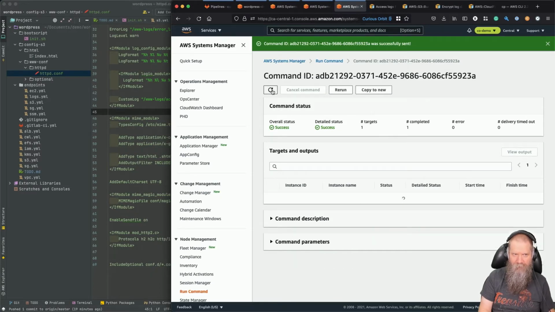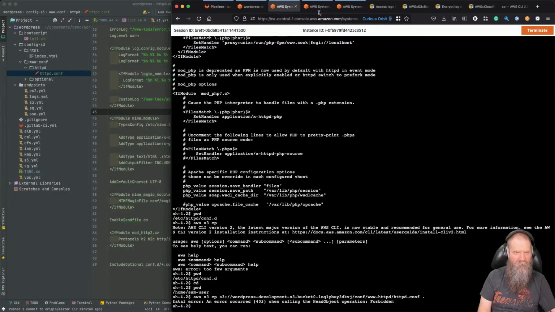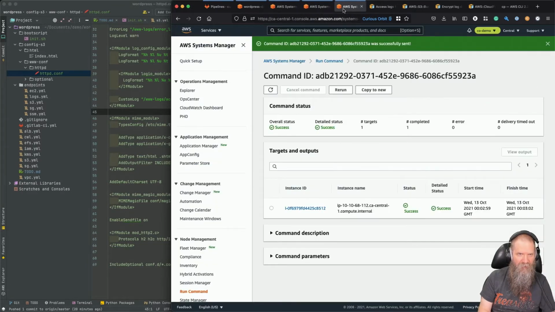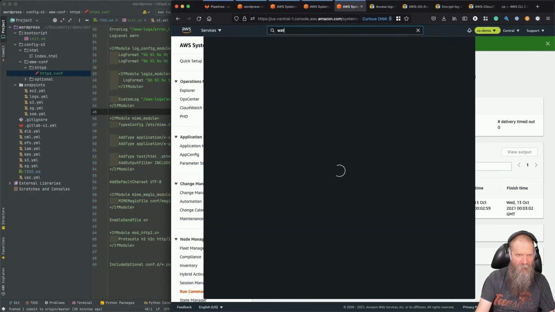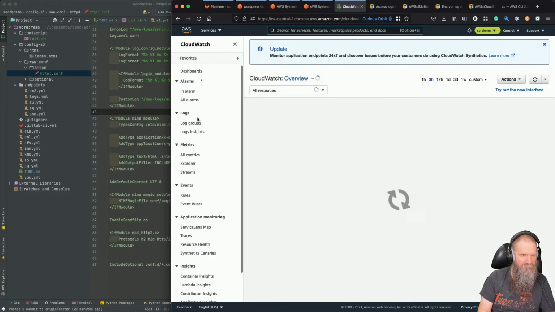Okay, there we go. Now, there's a couple ways we can test this. I can't remember the path to the config file on the host itself. So what we'll do is something really simple. We're just going to do AWS systemctl restart. All that's going to do is write to the error log for us. And then I think it might take a little bit of time. I don't know how quickly this will work. But what we should see here,